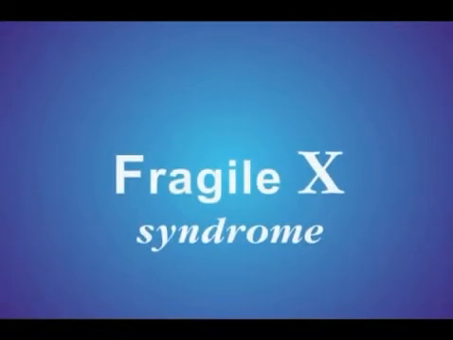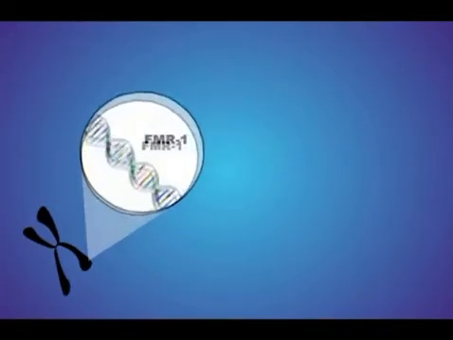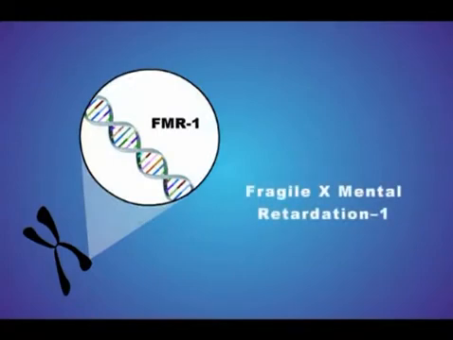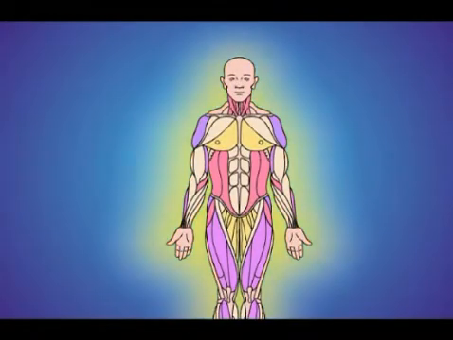Fragile X syndrome is the most common cause of intellectual disabilities that can be inherited. It is caused by a change or mutation in a specific gene on the X chromosome. This gene is called the Fragile X mental retardation 1 gene, or FMR1 gene for short. The FMR1 gene is found in every cell of the body,